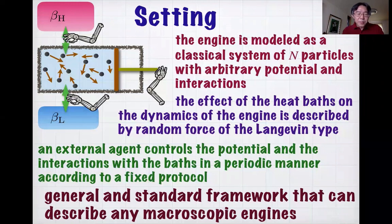Okay, so let me explain our setting. We take a statistical mechanical point of view. That means we imagine that our engine consists of some small molecules or whatever. So here I model the engine as a classical system of N particles. N can be huge, 10 to the 20-something, with arbitrary potential and interactions. It's quite arbitrary. It's described by a huge Newton equation, but we also have to take into account